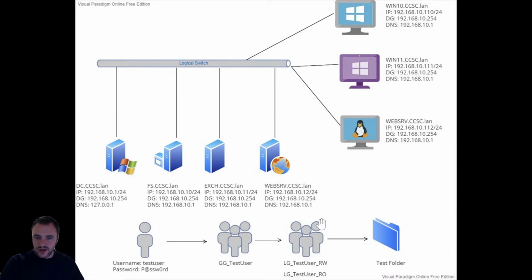So we're going to start by building our web server. There's two trains of thought whether we're going to need to join it to the domain or not. But basically it's going to be a Windows Server 22 operating system with IIS Web Server installed, which is just a feature, and we're going to set the IP address as 192.168.10.12. Default gateway, DNS as well,